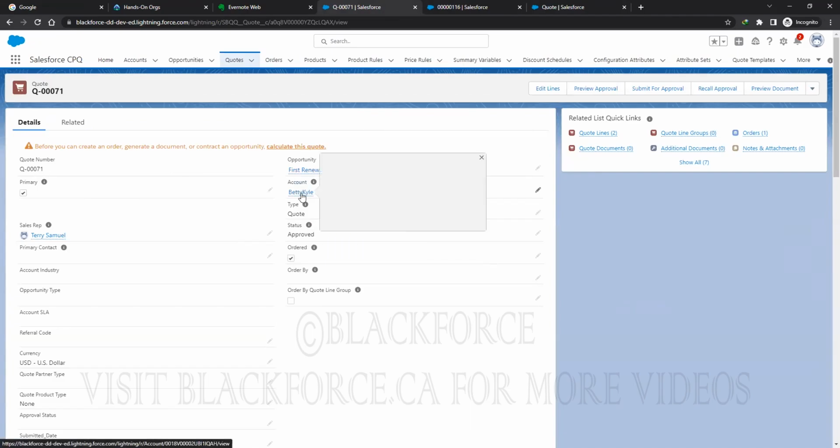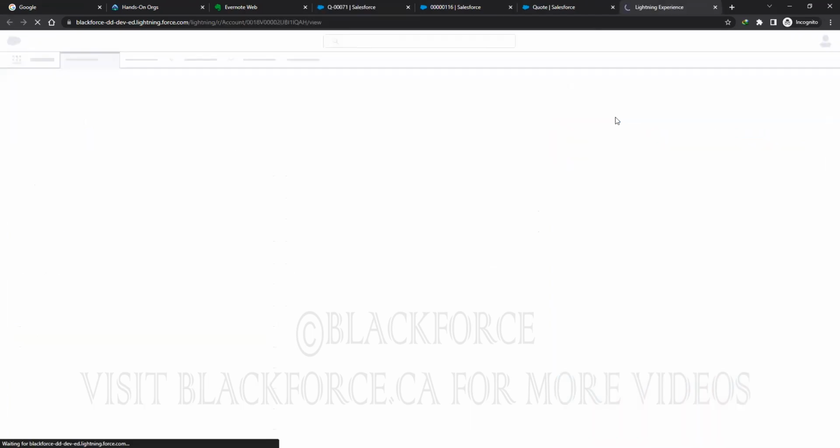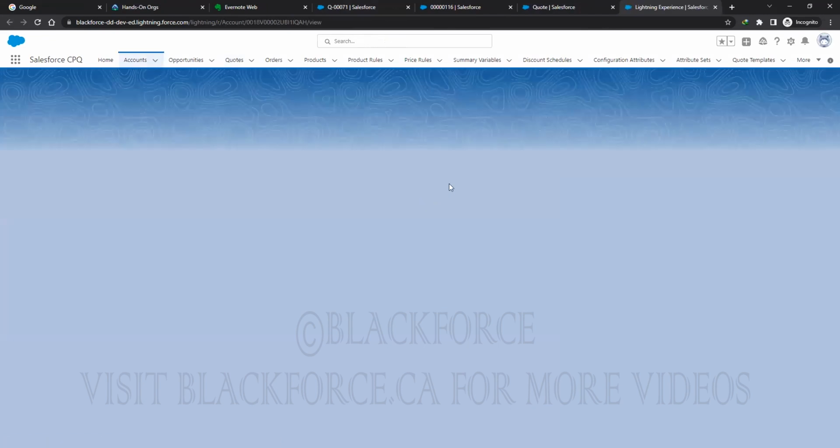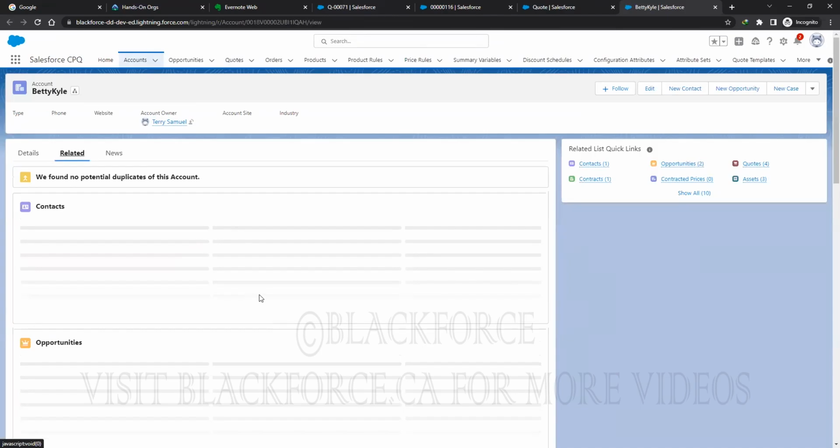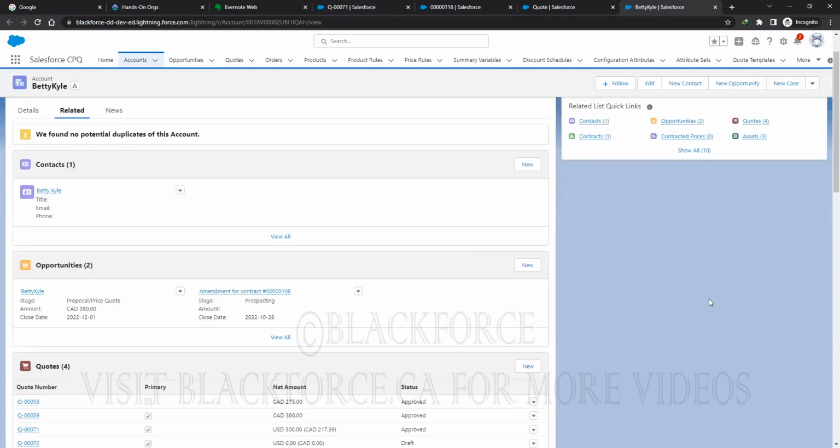if I go to the account, I wanted to show you this before we actually did that, but that's okay. So in the upper, yeah, so you guys can see that. So now we have amendment for contract in that opportunity, right? So this is what was there before. So now we have this amendment for contract for the one that we just created, right? So now, the next thing that we gotta do is if I go to